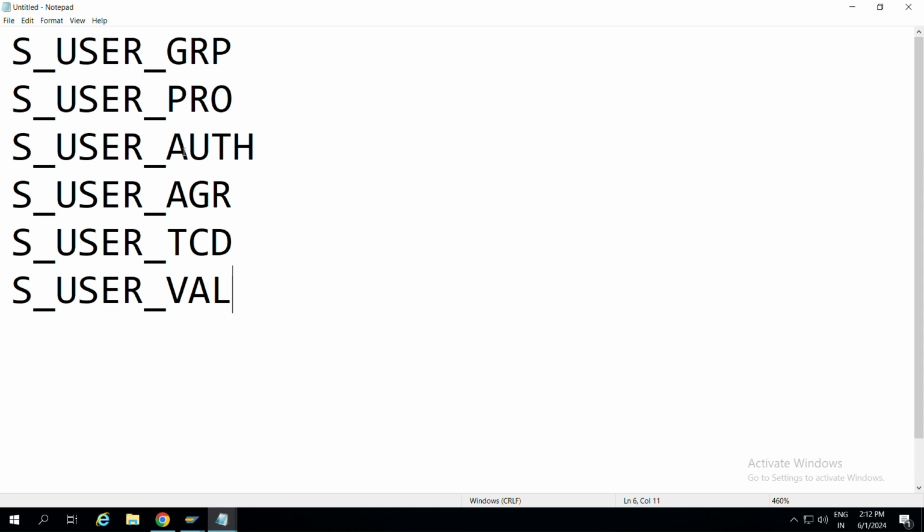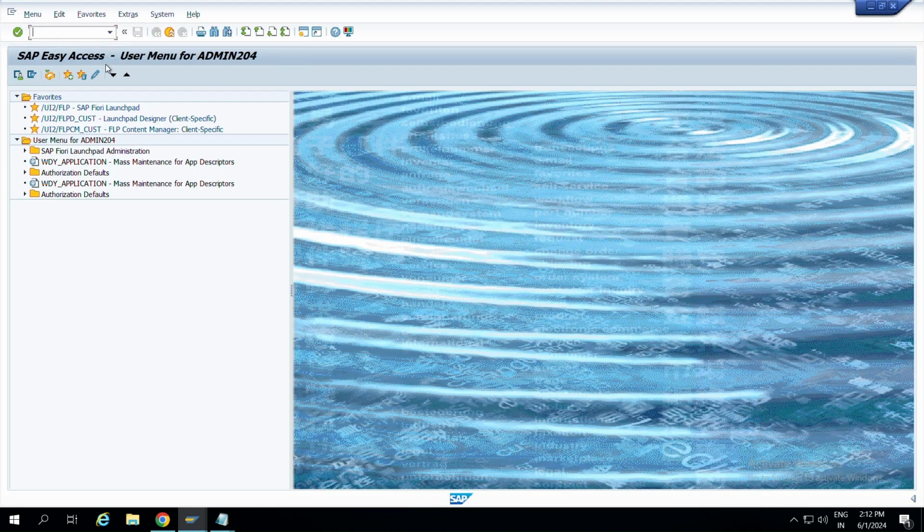And one more thing, how can you do mass lock of users? You use the T code EWZ5. Why is this not working?